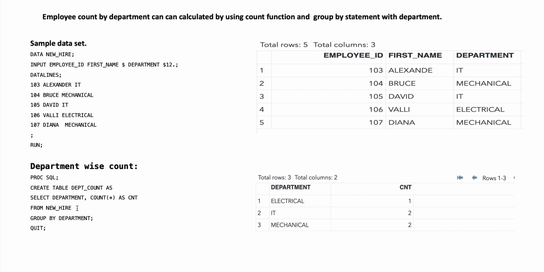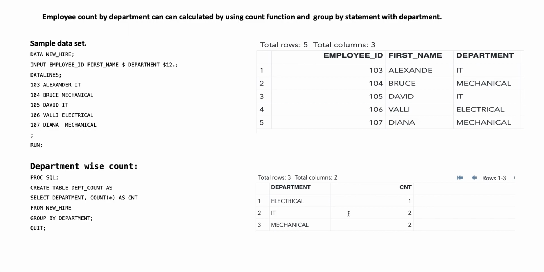From new_hire, we are using previously created data. Group by department, because we have to calculate employee count by department, that's why we use group by department here; quit;. When we run the second set of code, we will get the result as shown on the right side